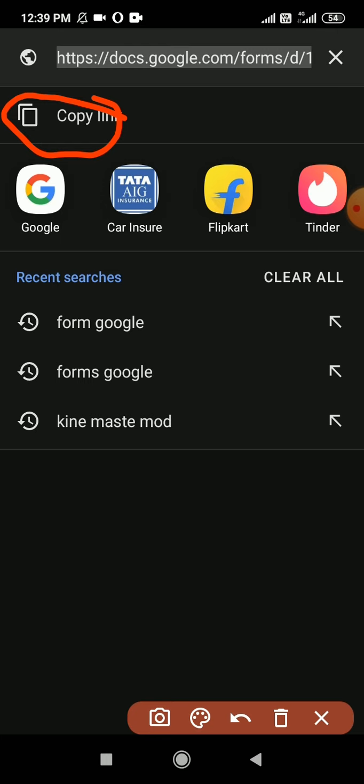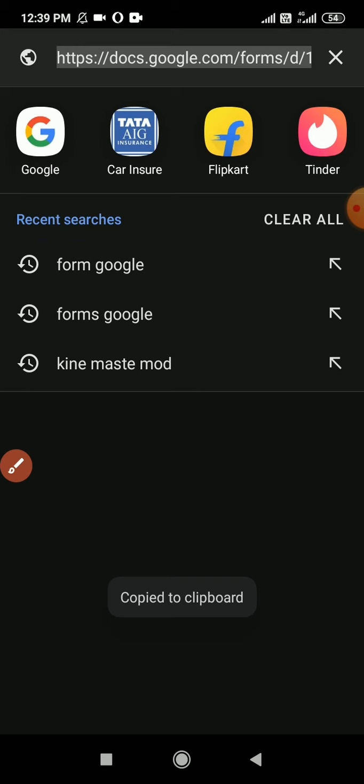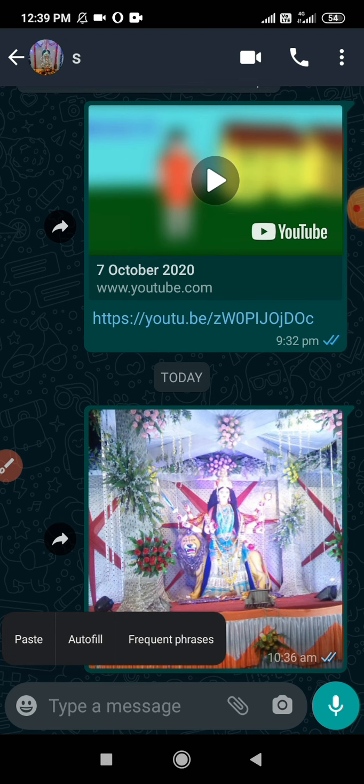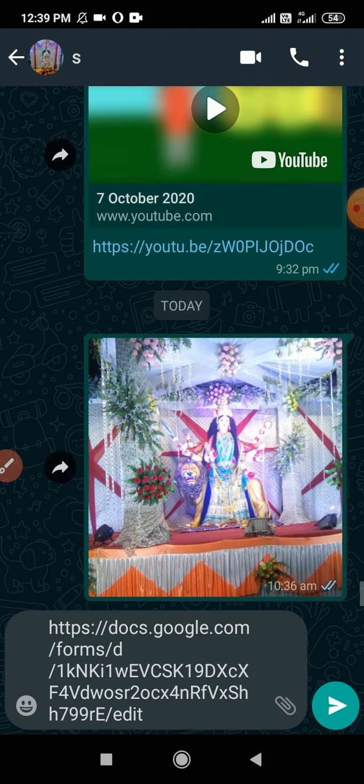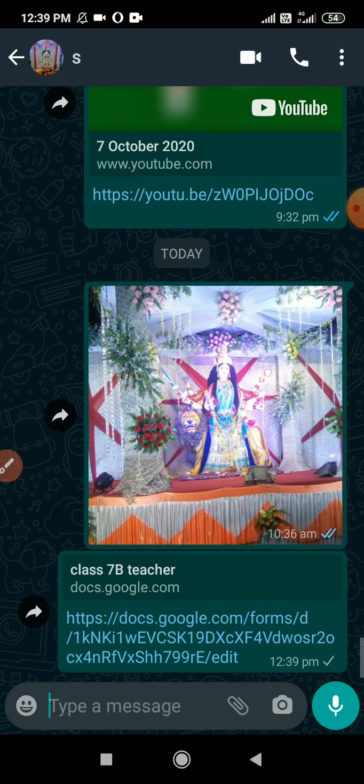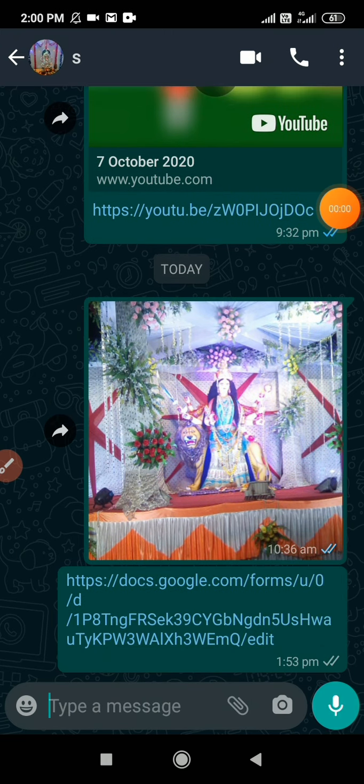We will copy this link, click on copy and then click here. The paste option will come, and we will paste this link over here, whoever's link is being sent in the WhatsApp of the co-teacher or colleague or friends.